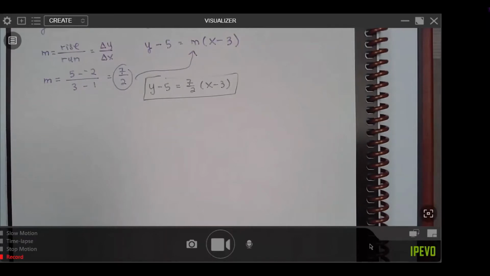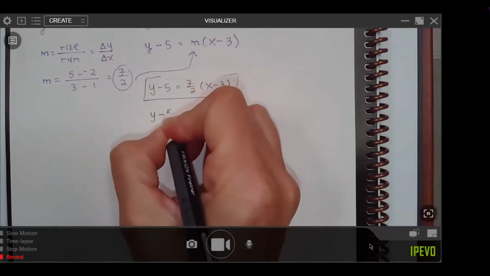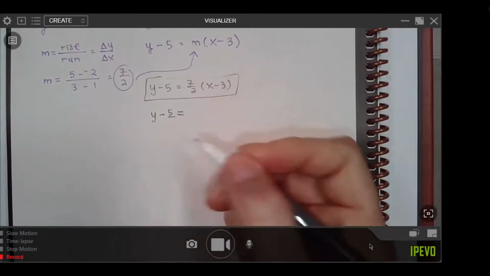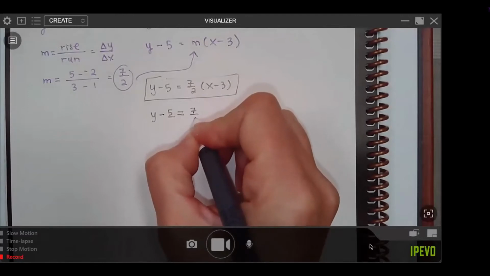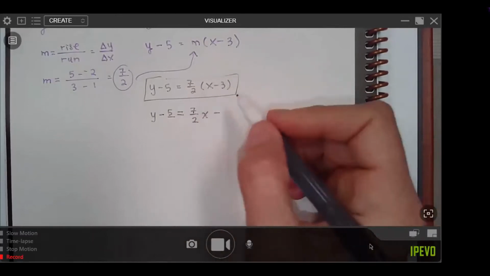Okay, so that's maybe half of you. So that's enough that I'm going to go ahead and do it. If I were going to get this to look like y equals mx + b, I'm going to start by distributing in that 7/2. My equal sign goes over there, but for some reason the 5 is going to be underlined because that's how I roll. 7/2 of x minus, now when I distribute that in,